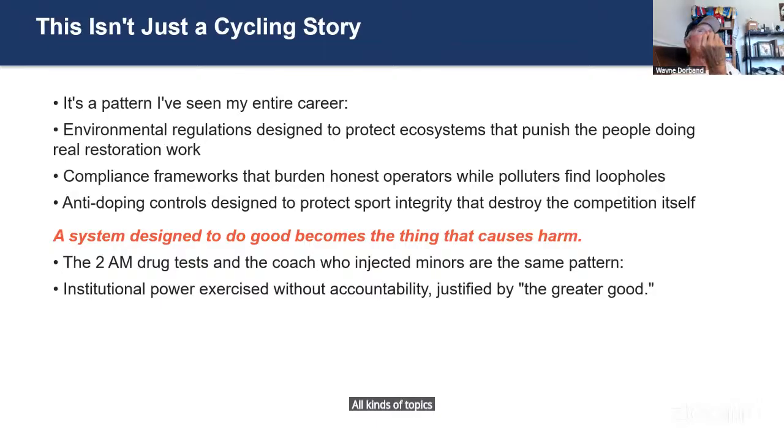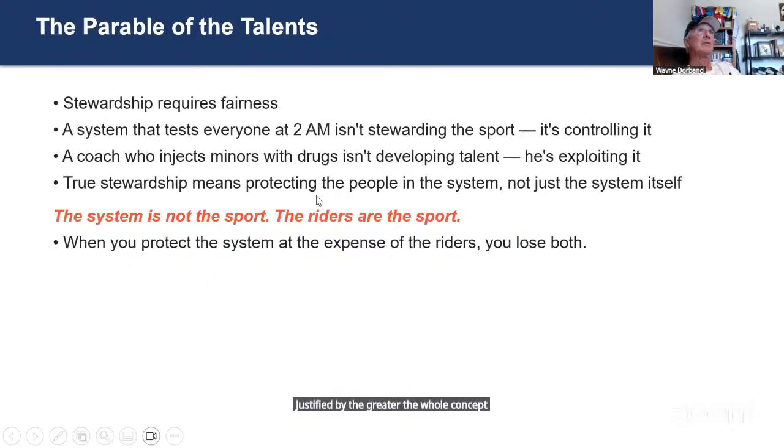The 2 a.m. drug tests, the coach who injected minors are all the same pattern. Institutional power exercised without accountability, justified by the whole concept of the greater good. So anyway, here's why this is kind of a parable, and it relates to something that's biblical also, where there's